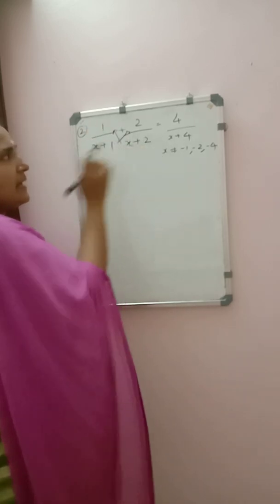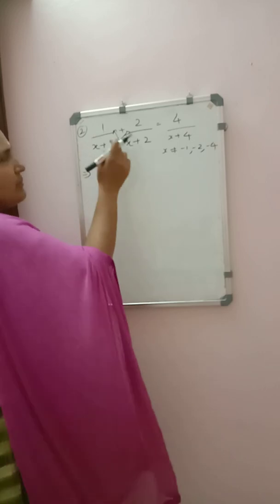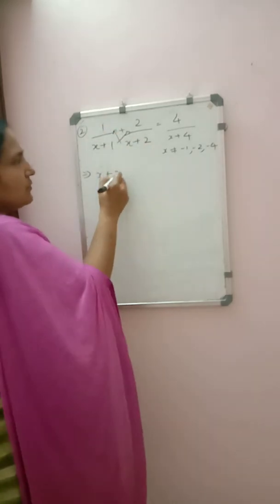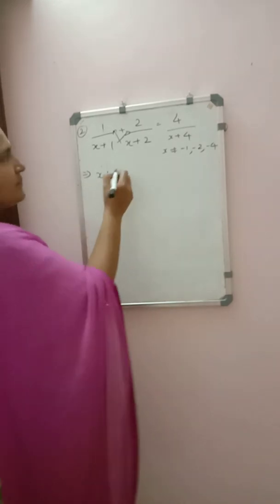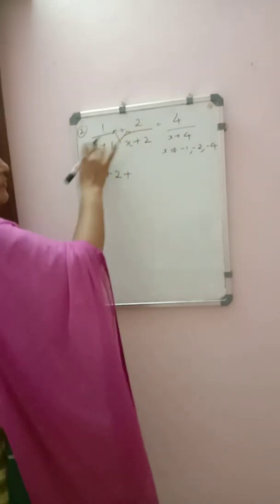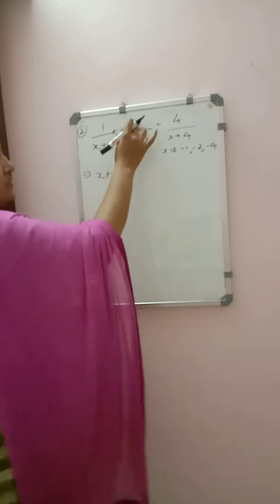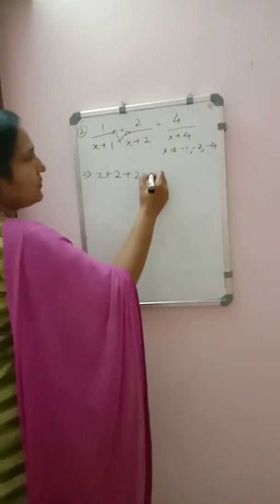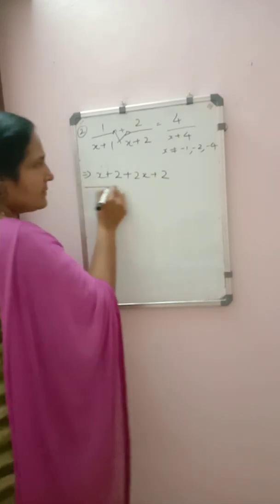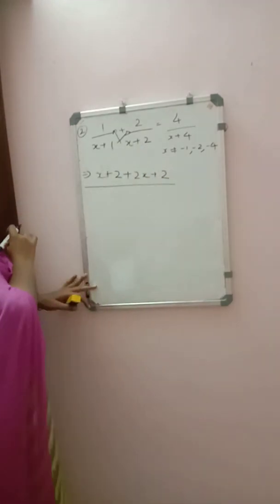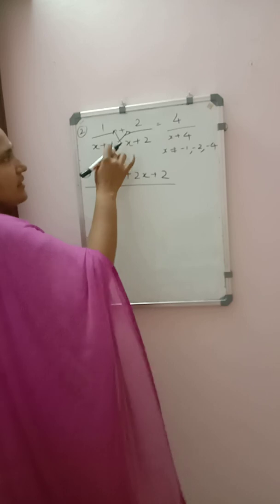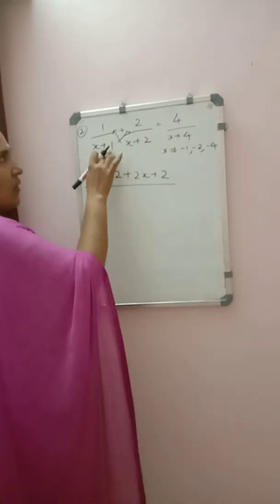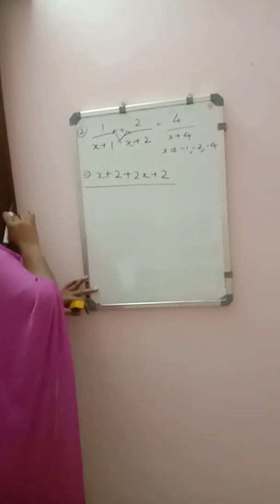1 will be multiplied by x plus 2. So it will be equal to 1 into x, 1 into 2, 2. So written x plus 2. Then plus symbol, 2 will be multiplied by both. So it will be equal to 2 into x, 2x plus 2 into 1, 2. By denominator also we have to multiply. So multiplication of polynomials. X will be multiplied by both the terms. 1 will be multiplied by both the terms.